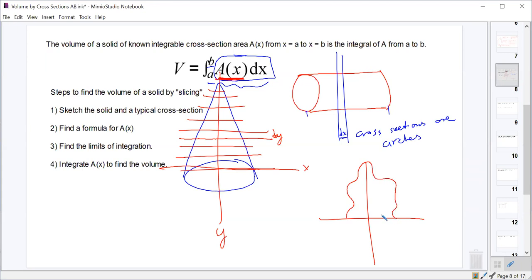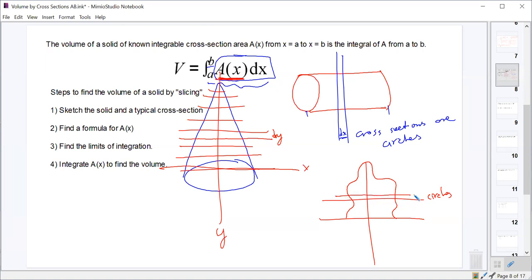But I knew that when I sliced it, no matter how I sliced it, horizontally let's say, when I opened it up, these cross sections were still, let's just say, circles. I should still be able to find the area of the cross section, and I should be able to